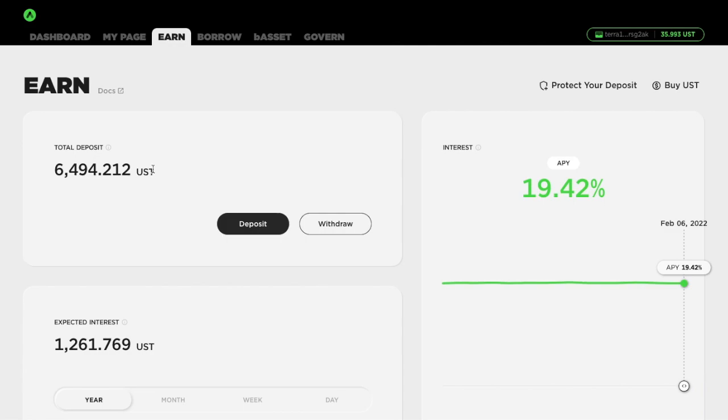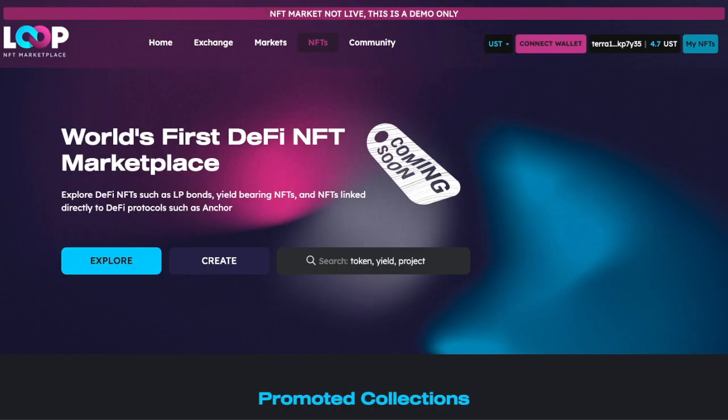What I'm going to show you is one step ahead of this. When you stake this, you get something called AUST. What AUST does is it intrinsically adds the 19.42% APY. So whenever you stake UST, you will straight away get AUST. Now I'm going to show you how to use this AUST and earn more rewards. For that you'll have to go to